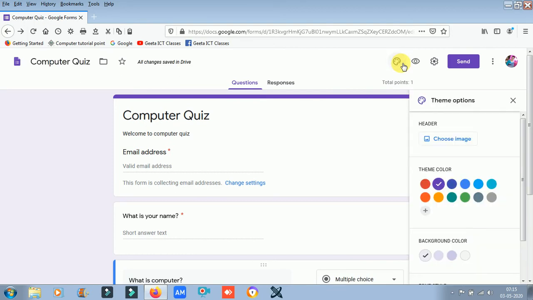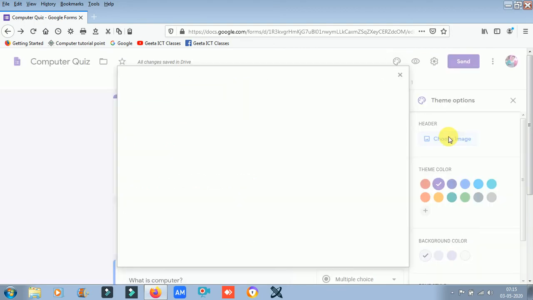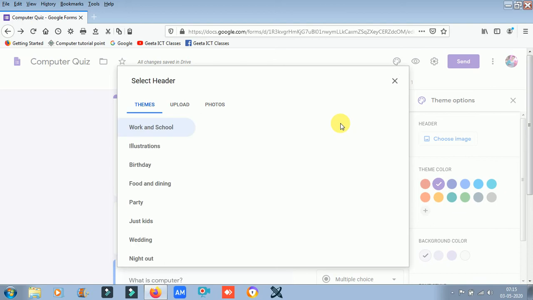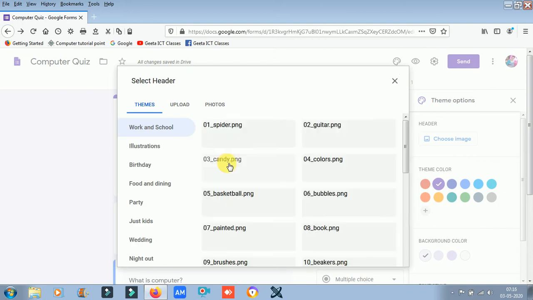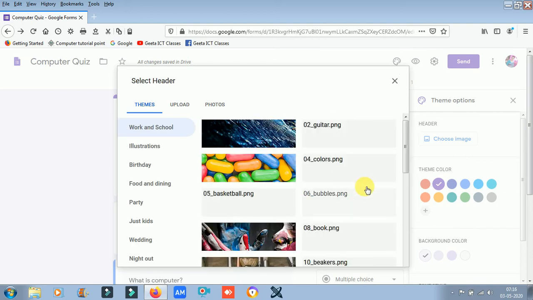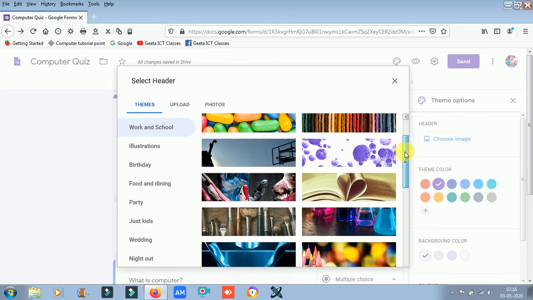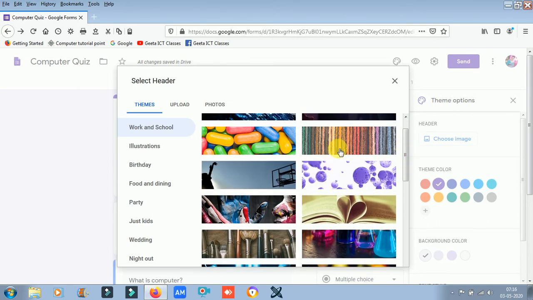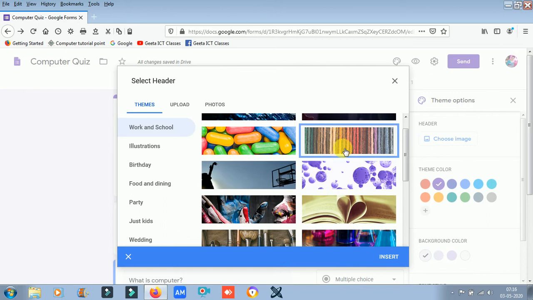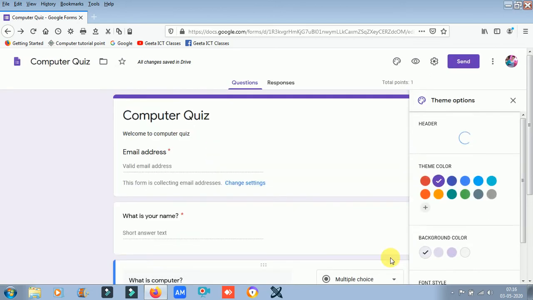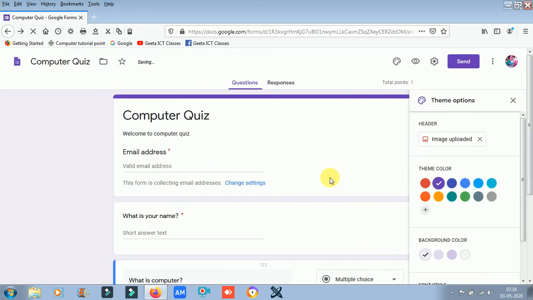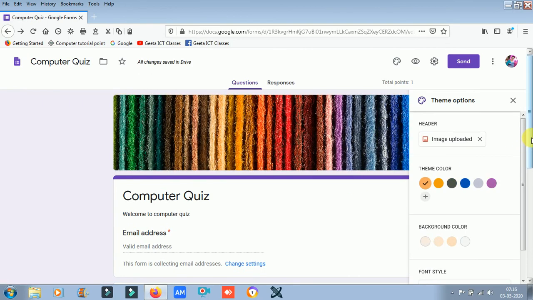And next is the colored theme. Choose any image. Yesterday I chose a color, now I am choosing one image for a beautiful theme. So I am going to choose this theme, then insert, and your form will look like this.